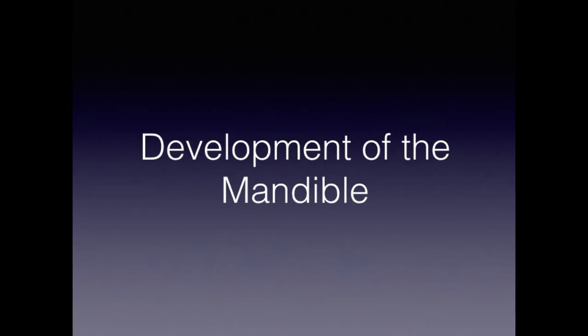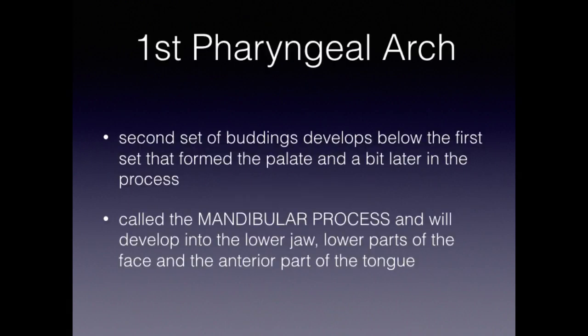All right, I'm going to pick up the pace a little bit here. We're going to carry on with now the development of the mandible. Once again, we go back to the first pharyngeal arch. We saw that the maxillary process grew off of that first pharyngeal arch, and then a little